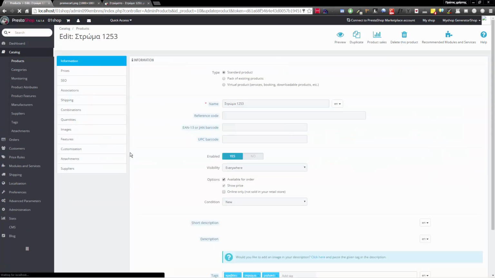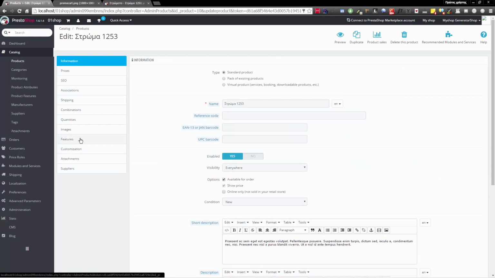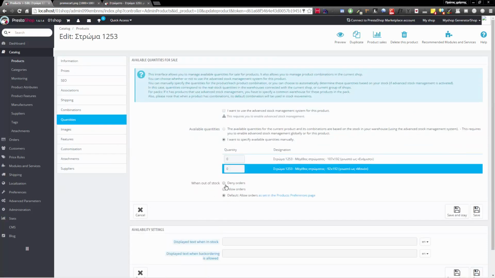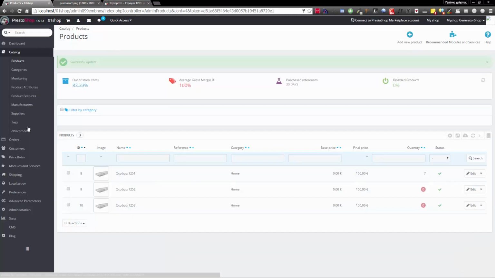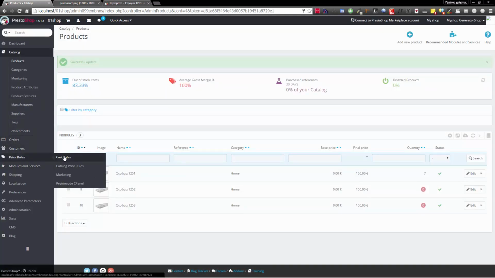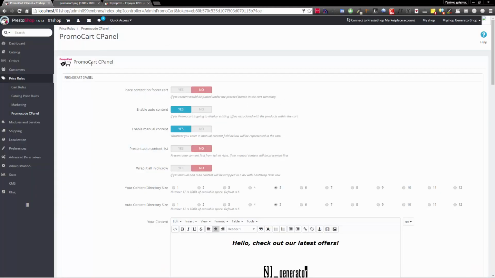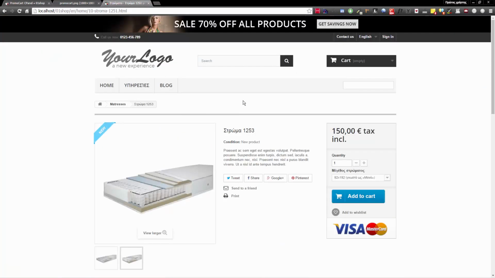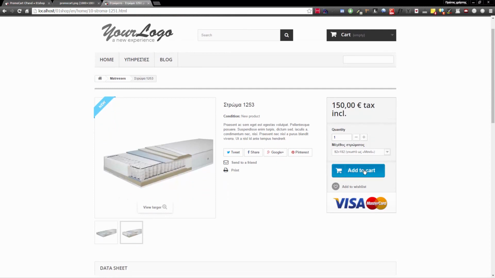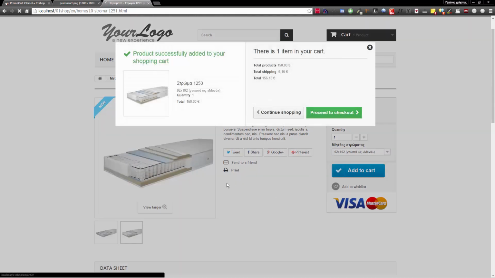Edit quantities, allow orders, save. Okay, go back to PromoCart cPanel. You see PromoCart here and PromoCart here. That's a typing mistake. Okay, so what I'm going to do is add it to cart, proceed to checkout,